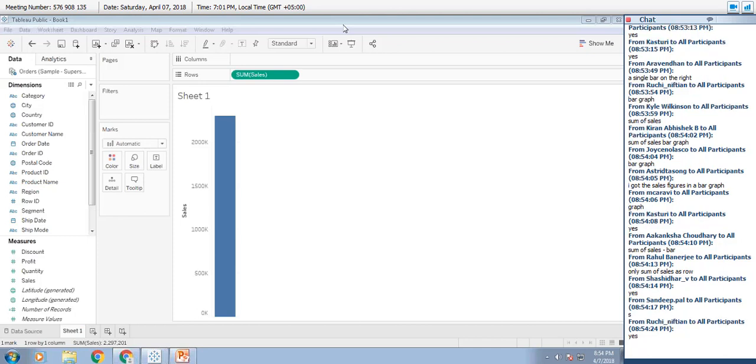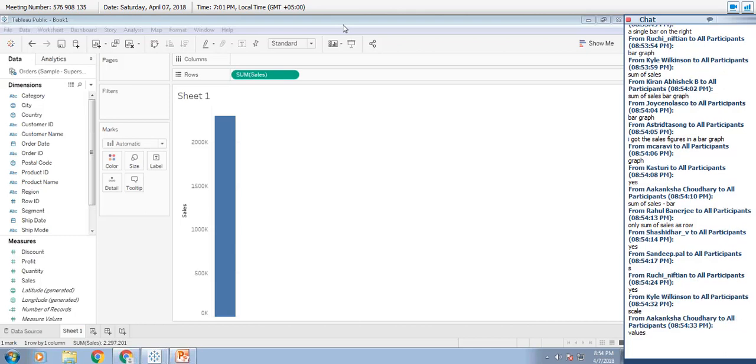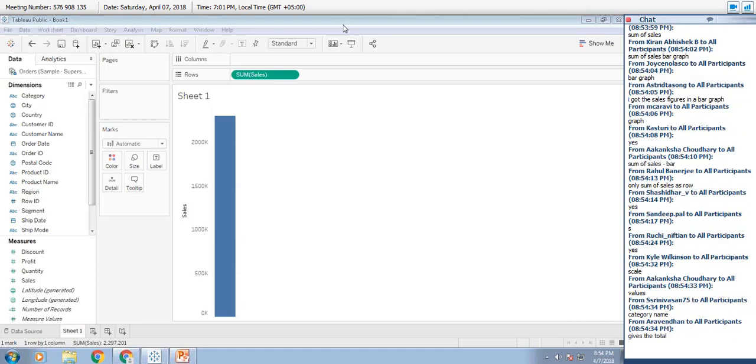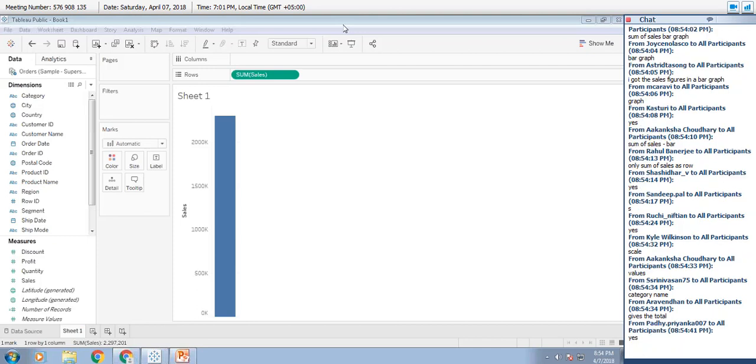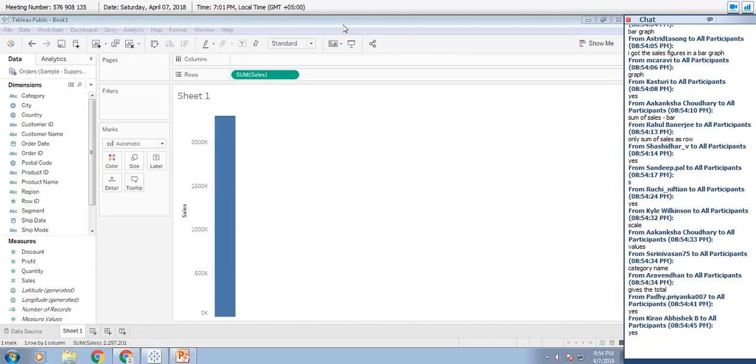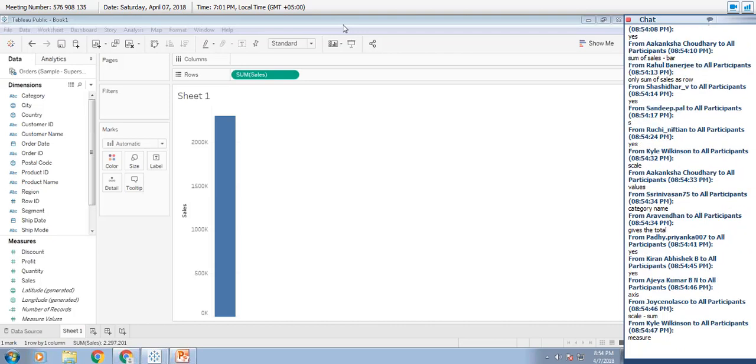What else has Tableau created for you? Apart from a bar, what else do you recognize? There is a scale. Do you see there is a scale there? What's one more word for scale? Axis.